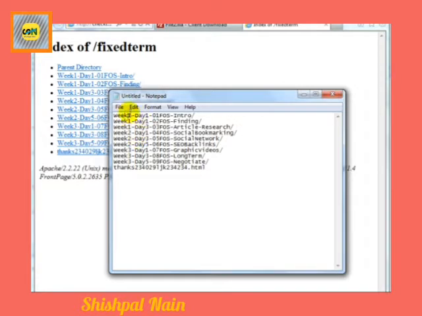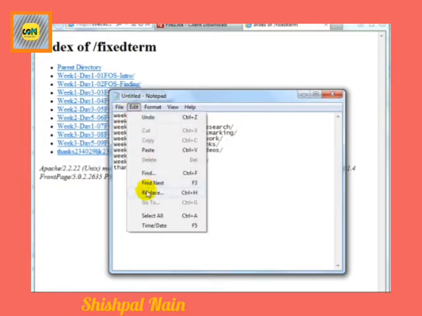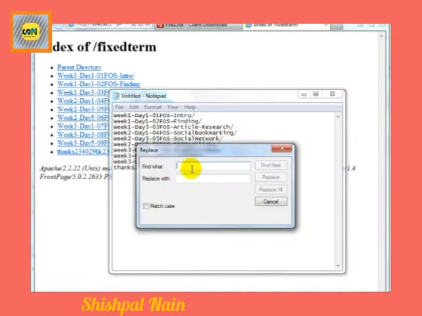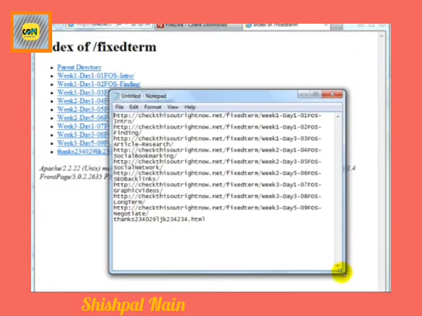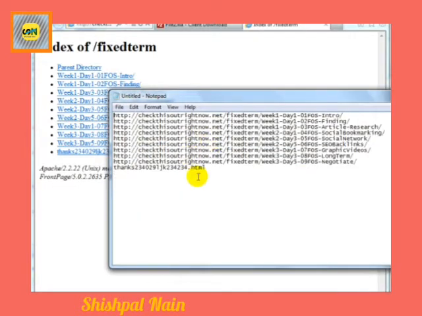So what I can do up here is to go to replace week with this URL, and then I put week in here. So whatever you grab here that's similar to everything else, add it here. And then click on replace all. And as you can see here, I have the URLs for all of these links, except for this link, which